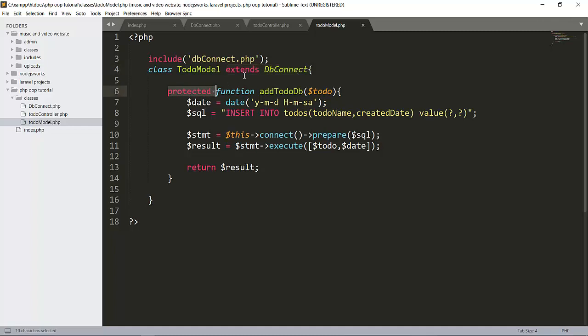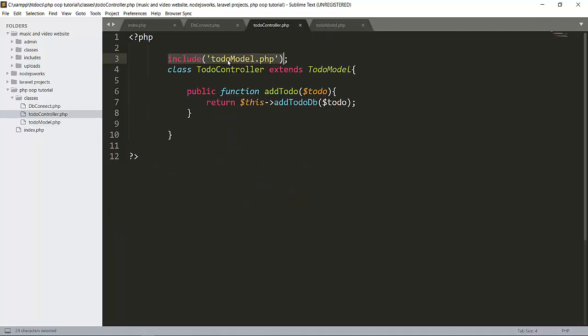This is a protected function we created here, and this is one parameter. This parameter comes from our controller here. We created data and we executed this statement and it returns our result. The result is 1 here. Then we created the to-do controller, which is only connected with our model.